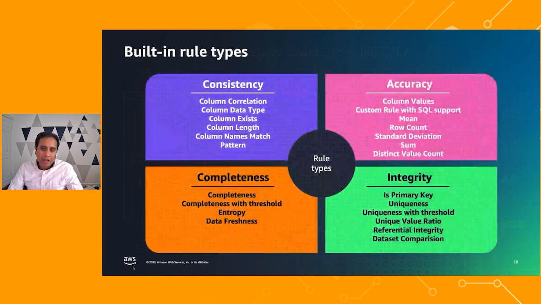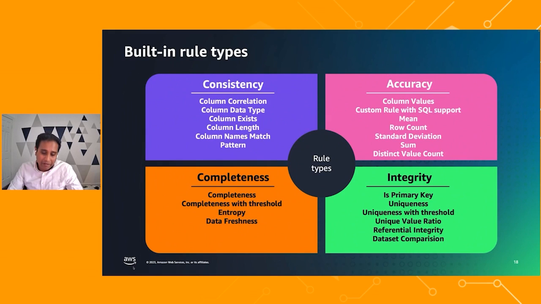So from a built-in rule types perspective, we have consistency checks, which allow you to write column correlations, check data types, check for column existence. We have accuracy types, which specifically deal with values of data. You can write completeness checks, which make sure that data is fully complete and fresh.